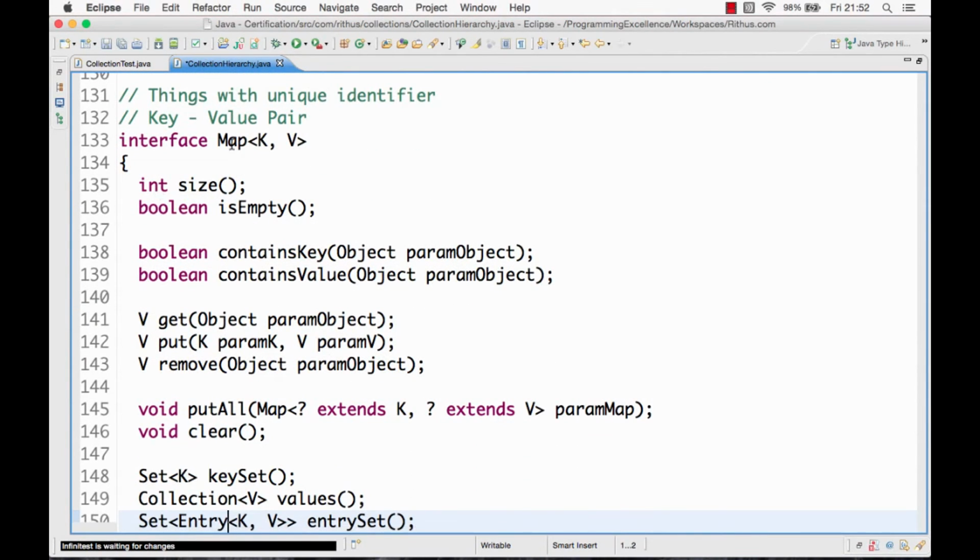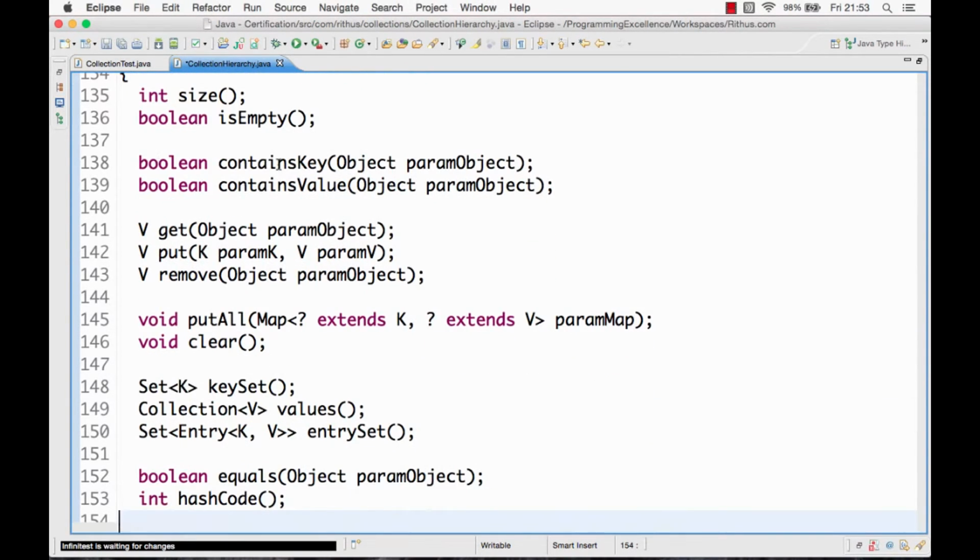The most important other interface is map. The most important thing that you need to notice is the map interface does not extend collection interface. So all the methods which are present in the collection interface are not offered by the map interface. The map interface stores values in a key value pair. So it's basically a key value pair. So that's where the map interface would be used. If you look at all the methods in the map interface, they will be directed at that. So they'll be directed in finding out